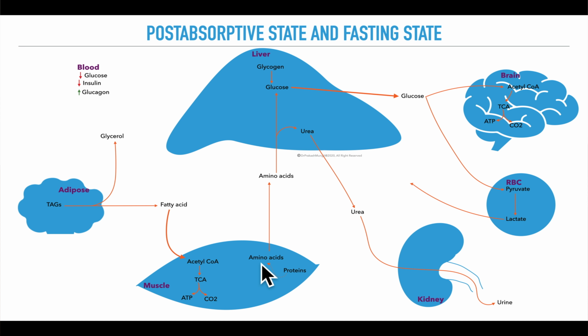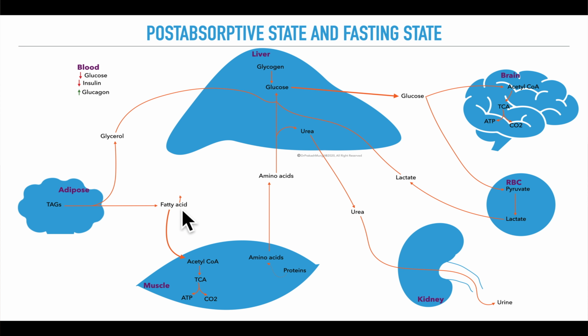Now, what are the other things that can make glucose, that participate in gluconeogenesis? It is the lactate coming from anaerobic glycolysis, taken up by the liver and converted to glucose, and also the glycerol coming from adipose tissue, which is also taken up by the liver and converted to glucose. That means all the enzymes necessary for maintaining the gluconeogenesis process are kept active by glucagon. Glucagon will keep all the necessary enzymes for gluconeogenesis in an active condition.